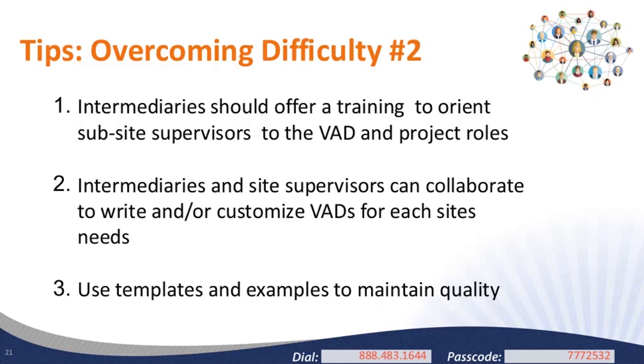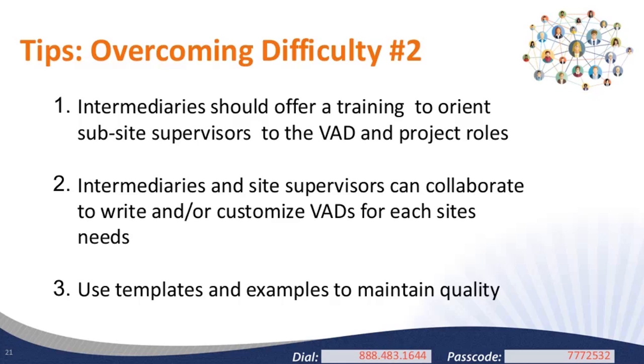Some other tips: use templates and examples, as we heard in the chat. That helps maintain quality across the board for your VADs. For example, you might consider completing the top part of the VAD as well as the project goal and even perhaps an objective in advance of sharing your template with your sites. You may also want to send a sample of a quality VAD, I think we heard that in the chat as well, that they can reference when they're writing their VAD. So just helping them not have to stare at a blank page, and you're also going to make sure you get the correct objectives in there from the start.